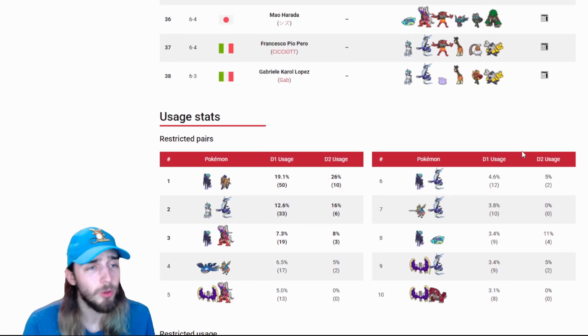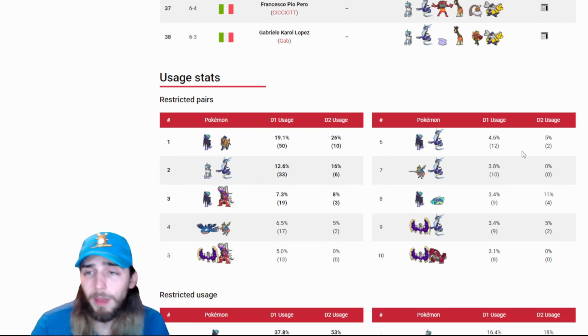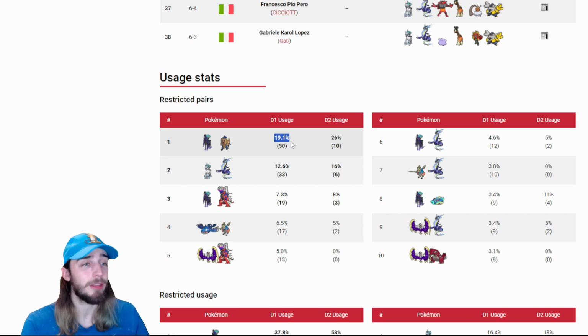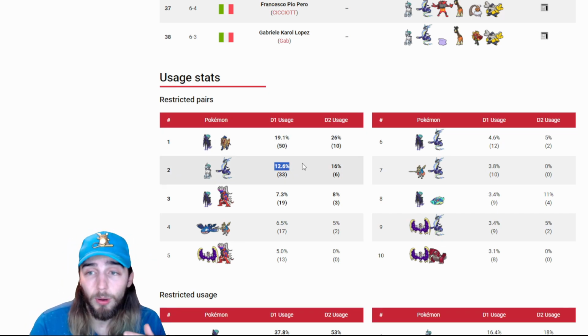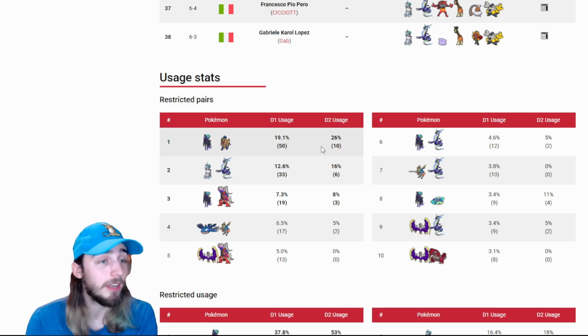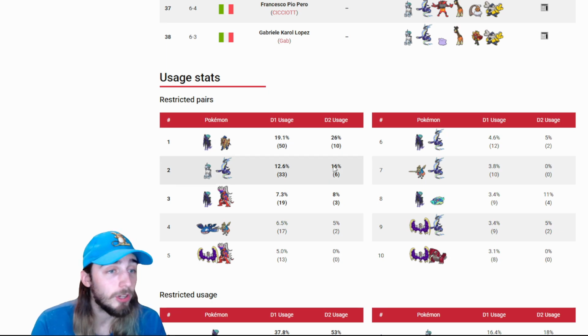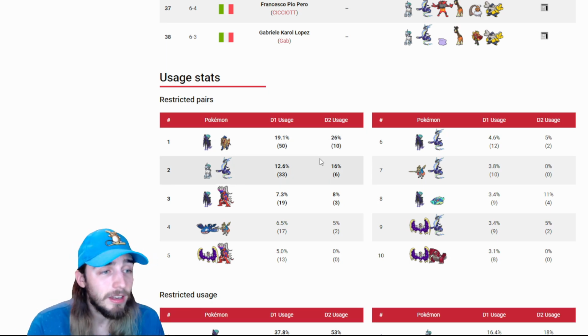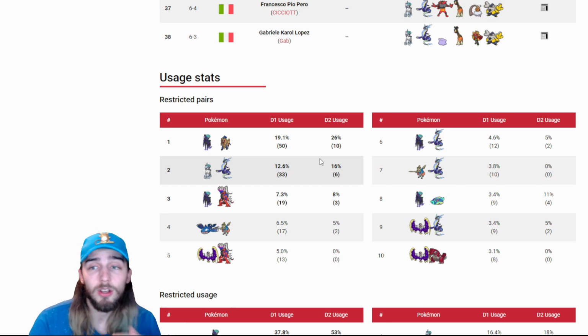We're going to go into some usage stats real quick. Looking at the pairings, once again, 19% day 1. This is, once again, that core that everybody expects to be doing super well. Same with both of them, and they both converted very well going into day 2. They both actually went up in usage going into day 2. These first 2 cores check out to me. Nothing super, super surprising going on in terms of those